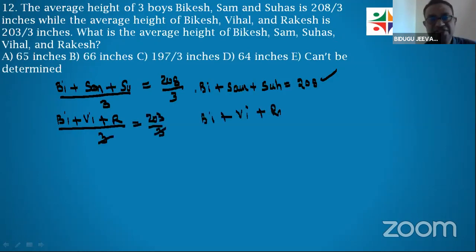What is the question given? What is the average height of Bikesh, Shyam, Suhas and Vishal as well as Rakesh? That means Bikesh,